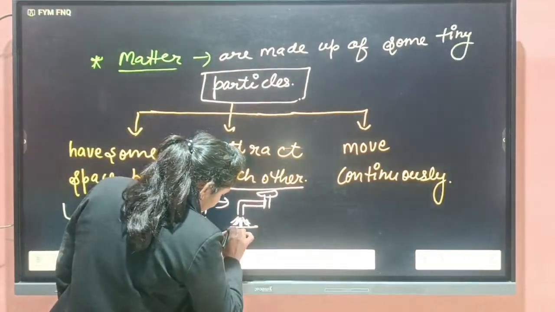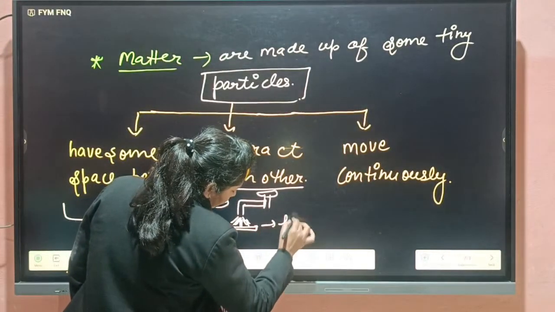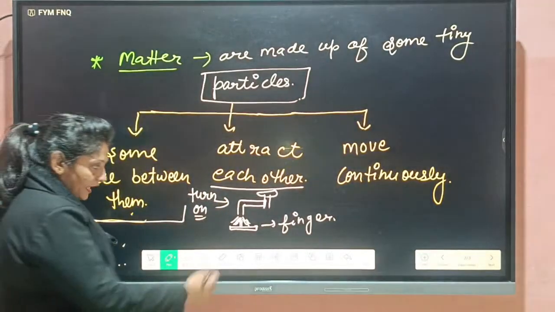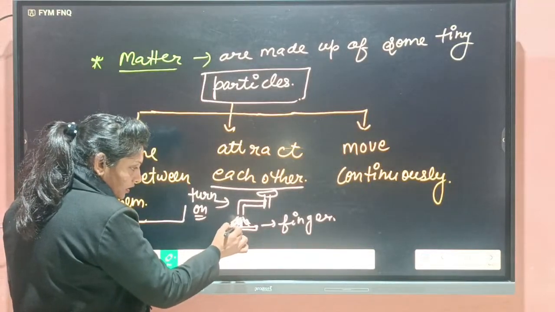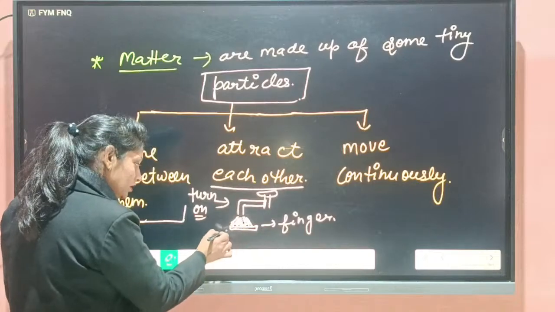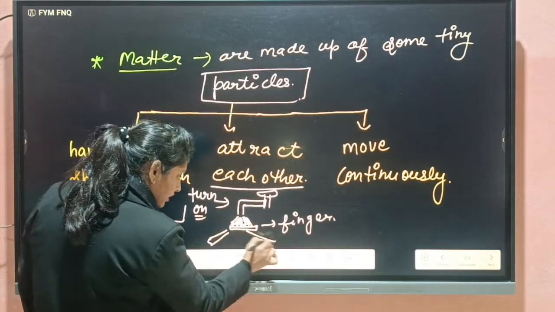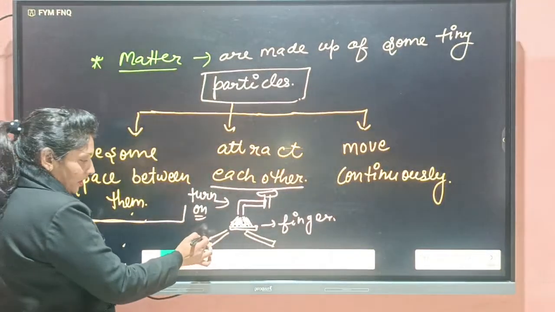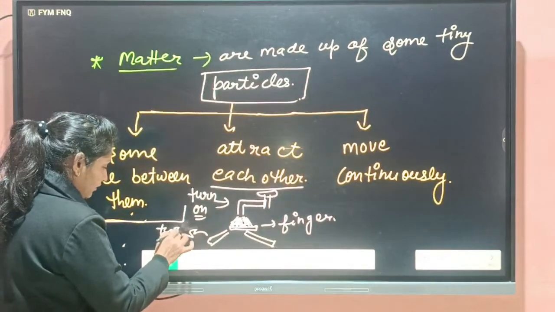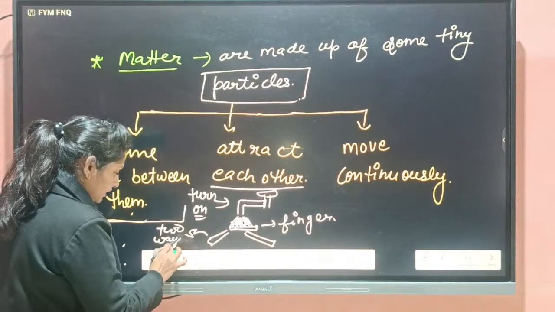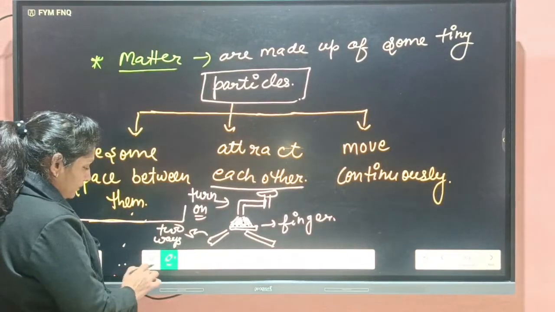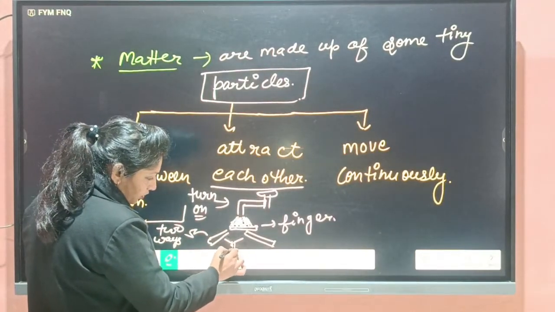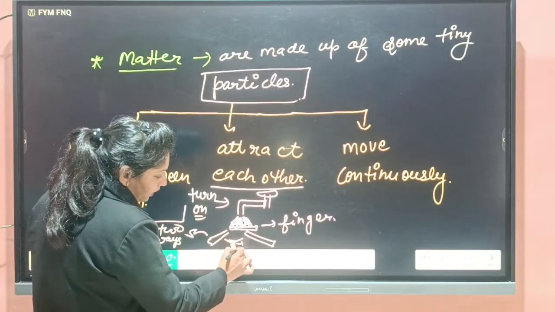Student, if you put your finger in between this, then these water molecules will separate and it will flow in two streams. In two ways it will start to flow. But students, after some time, what will happen? Again, it will start to flow in one path only, in one way only.